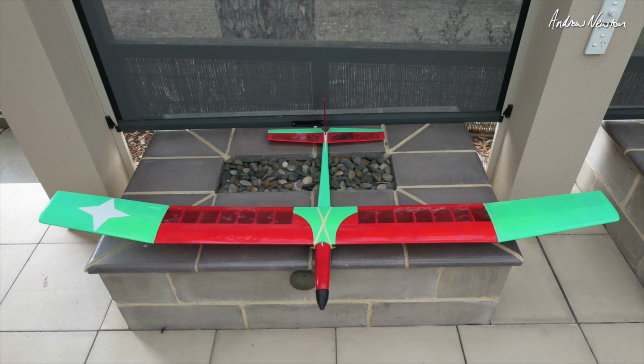Greetings folks, in this video I'm going to show how we untwisted a warped wing. This is my Aeroflyte Brolga 2. I bought it recently at a local flying club open day for about 30 bucks and it was a bit of a bargain I thought, but there were a few problems with it, and the main one was that the